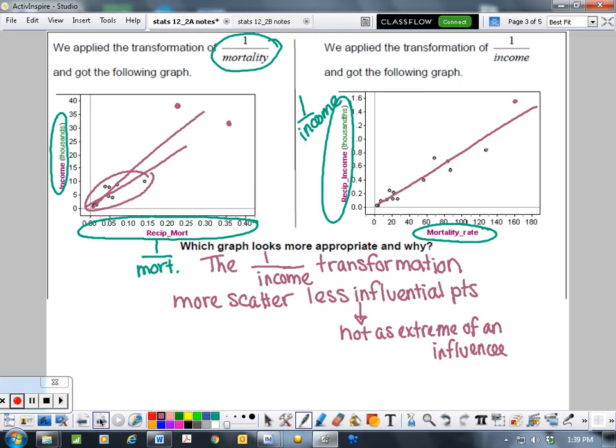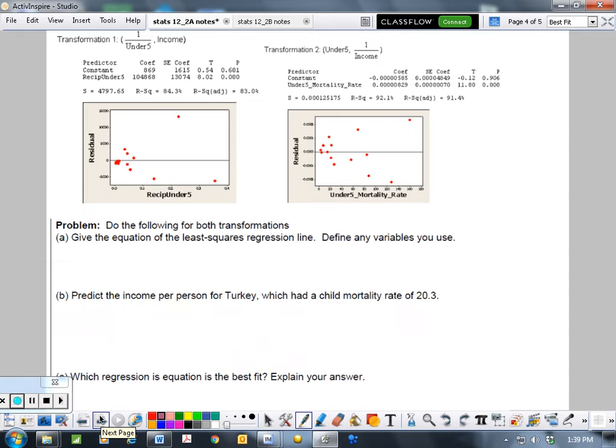Okay, so now that we kind of identified that we thought transformation number 2 was the best, now we're going to go ahead and look at the data. And so here is our residual plot. And what we're going to go ahead and do is for transformation number 1, write our prediction equation. So for transformation number 1, our y-intercept would be 869. So our y equals, what was y for this one? Y is income, and I can tell that from up here. So my income